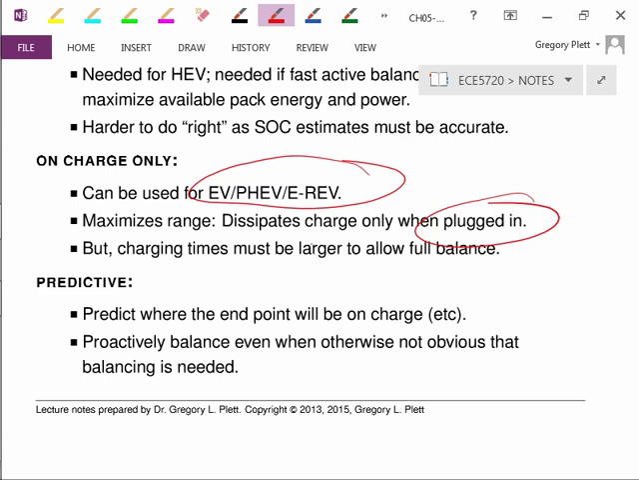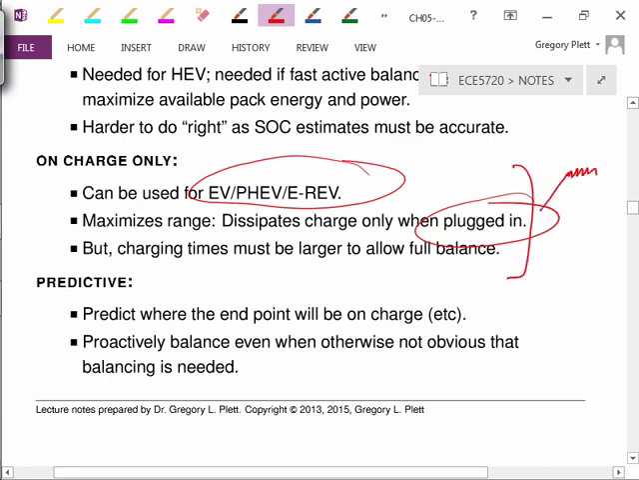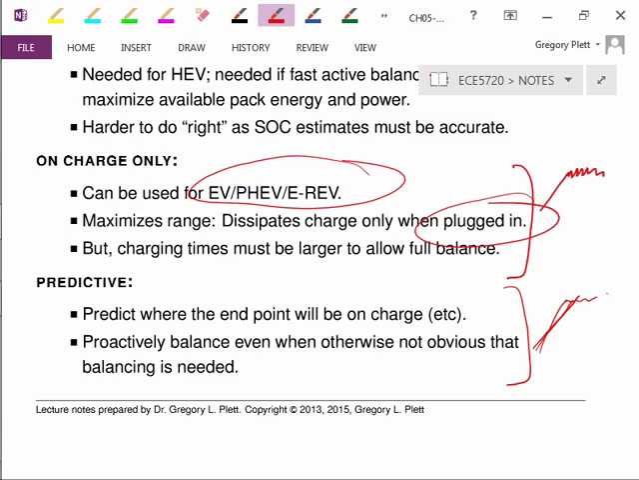And then third, which is some combination, is predictive balancing. So here I'm thinking of I charge first and then I balance the cells at the top of charge. That's the easiest thing to do. The predictive balancing, I could do while I'm plugged in, in which case I'm balancing the cells while I'm charging. I'm balancing them individually by predicting where the end point is going to be for every cell when I'm charging it. So we're proactively balancing even when the state of charge right now of all the cells might be the